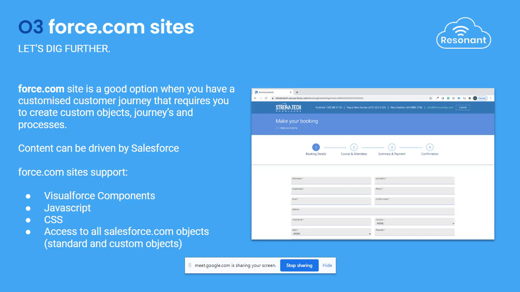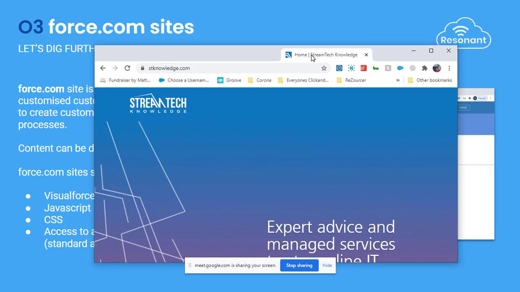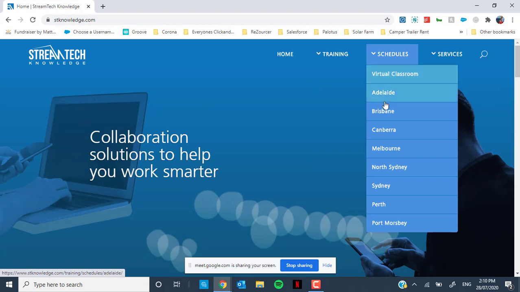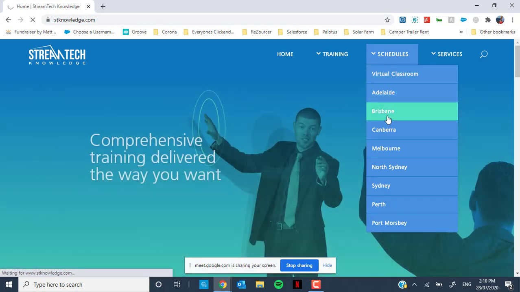In this case, it's a good example. It's a website that we built. It's actually a WordPress website, and I'll bring it up now. And if we actually look at some of the schedules and some of the bookings,